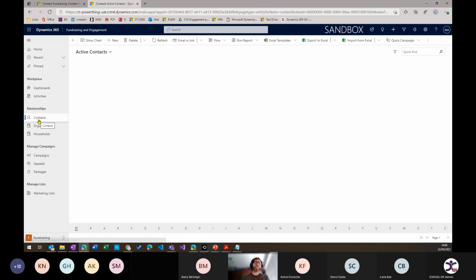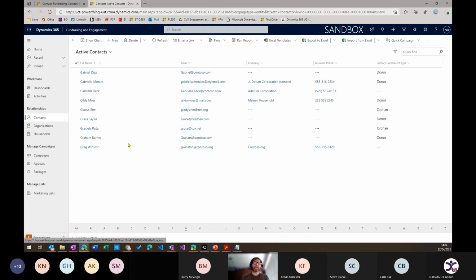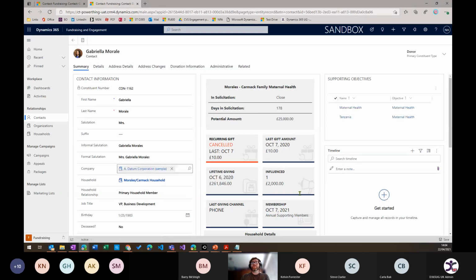If I go over and look at my contacts, and if I look at Gabriella, then we've got some kind of custom controls. So this is where the difference between the non-profit accelerator and fundraising engagement comes out. Non-profit is the forms and the way we store the data, but fundraising engagement gives us more process-driven stuff. So straight away, I've got this information panel here that tells me a lot about this particular